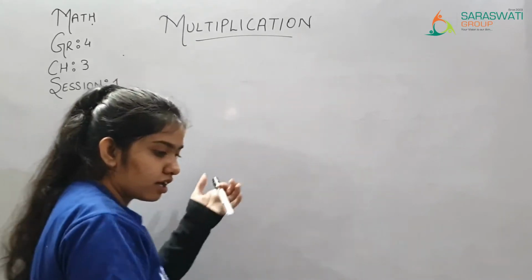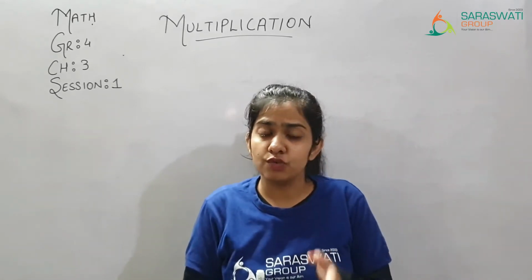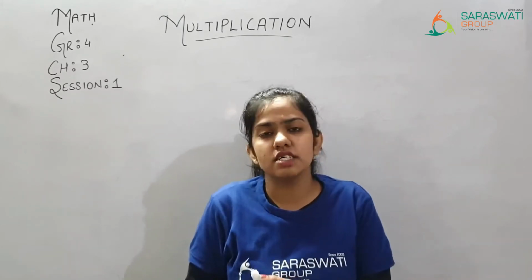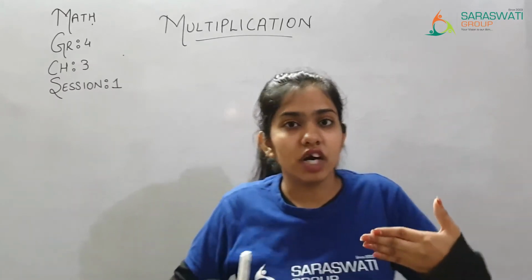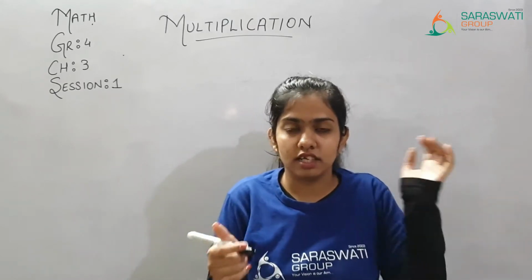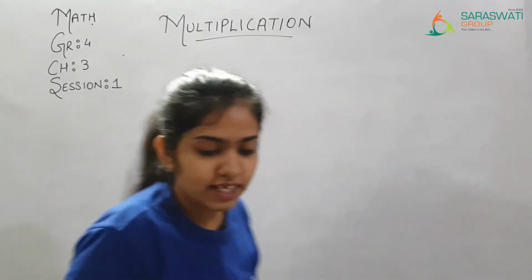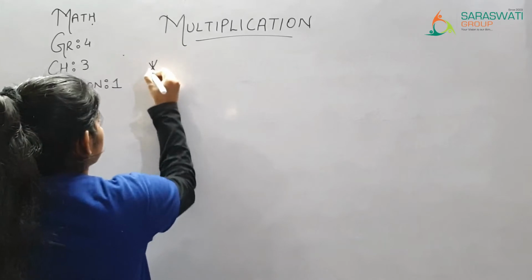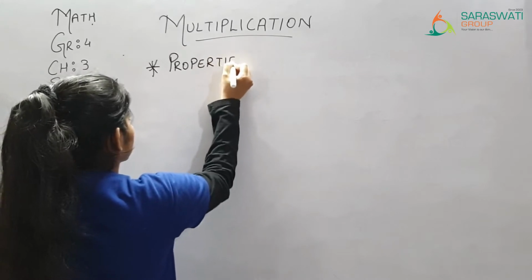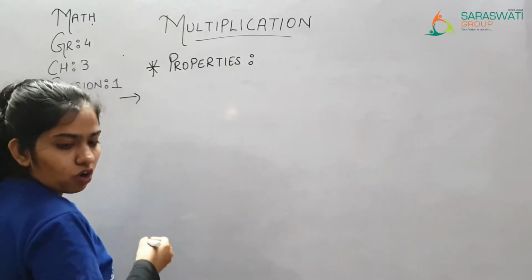Before starting with our session, let me tell you some of the properties of multiplication which you have already learned in your previous class. You have learned those properties in your previous standard, but let's have a recap so that you recall what you have learned, and you get an idea once you see the properties. Okay, so let's start. Properties. The very first property is changing the order of the factors